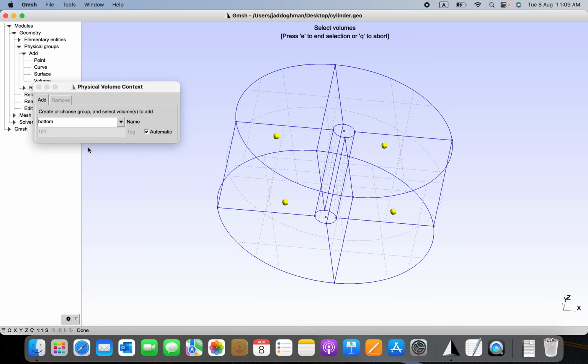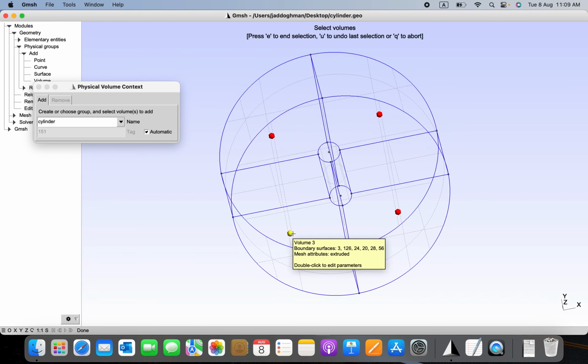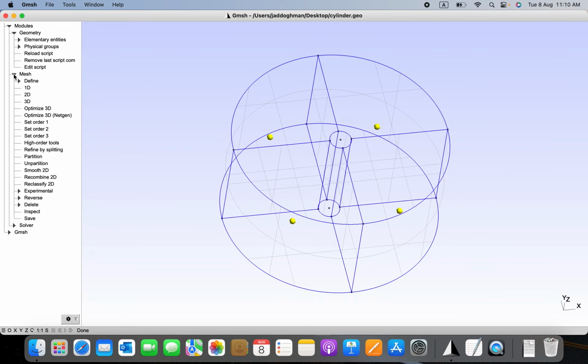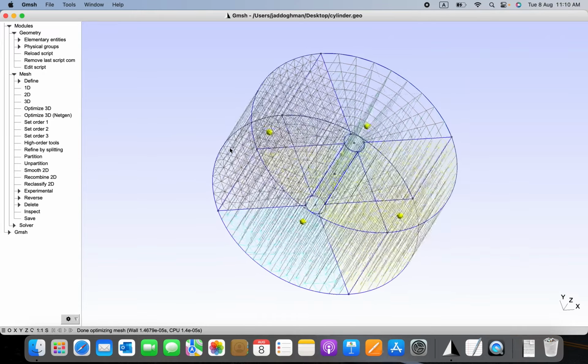So volume, let's say that it's called cylinder, and we need to select the 4 volumes which make up our domain. Then press on E and then Q, and that's it. So I think in this case we are done. We only need to make sure that everything is correct, the mesh is good,